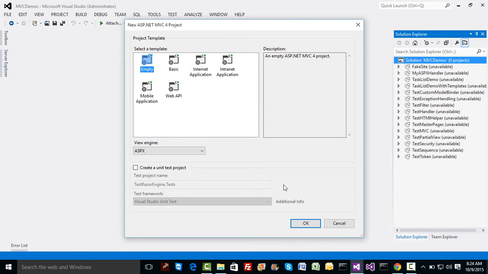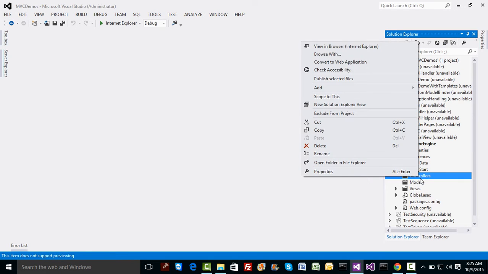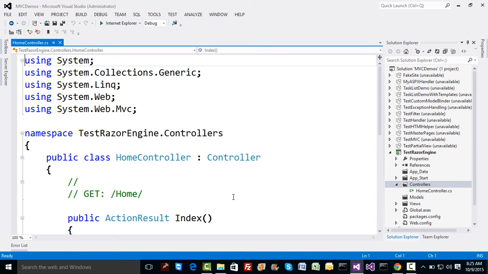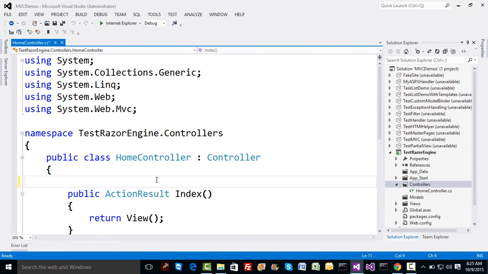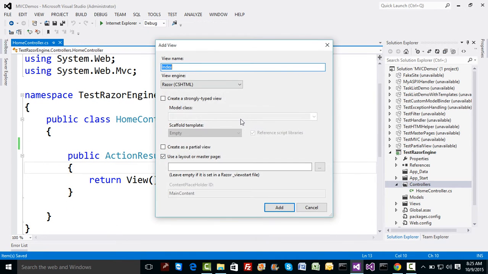Now, when we pick this project, we can pick an empty project, but this time I'm going to pick the project which is a Razor engine project. Now I'll click on the OK button. By default there will again be nothing in the project. As usual we can add a controller called Home. There will be a default method called Index, and then we'll be adding a